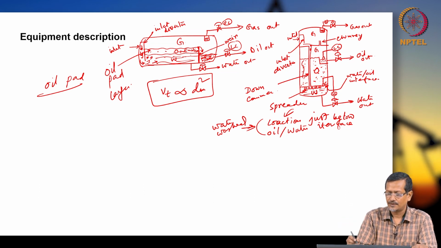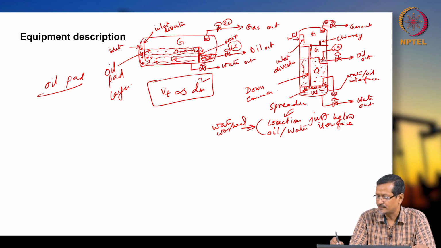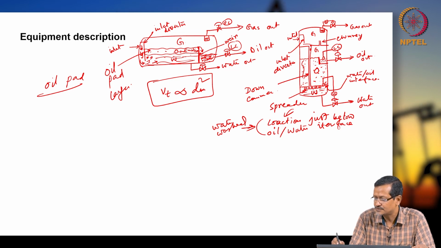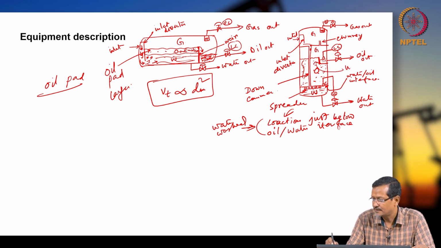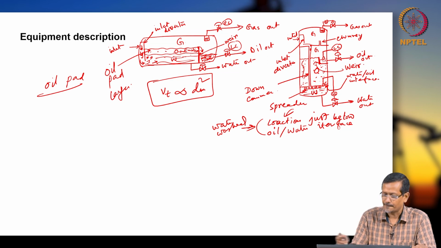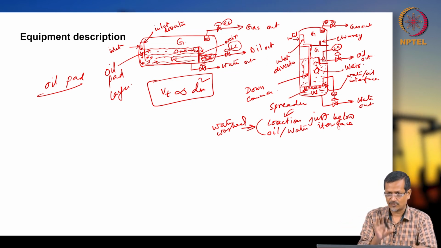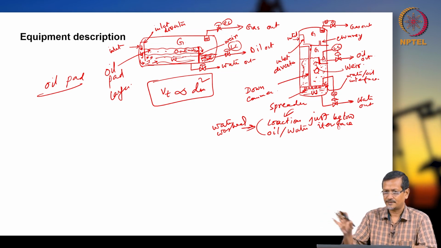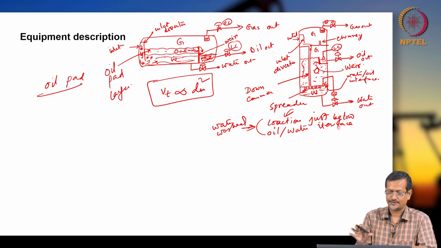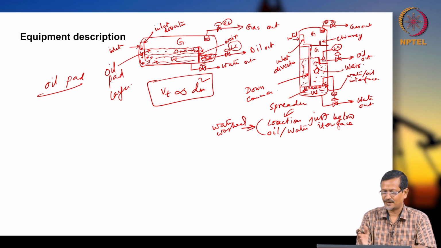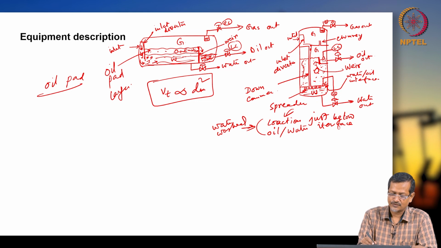You can see in both cases I have drawn a weir. This is the weir for the vertical separator. In the horizontal separator I have also shown a weir. So you can see side by side the difference between the horizontal separator and the vertical separator, that mechanical design actually. And a few things I have shown, like the diverter and weir, but there are still so many items we did